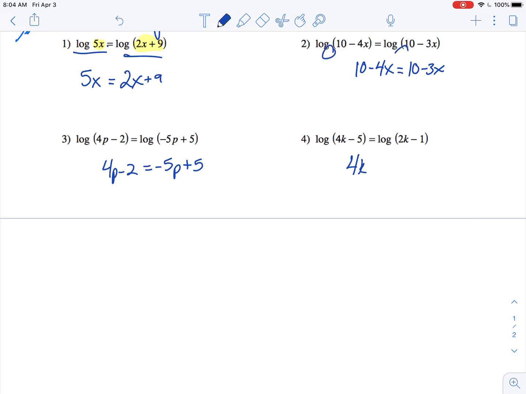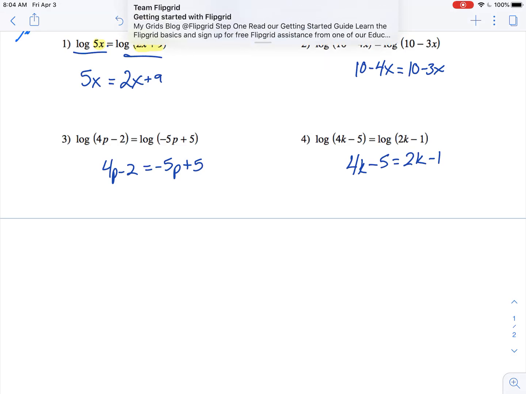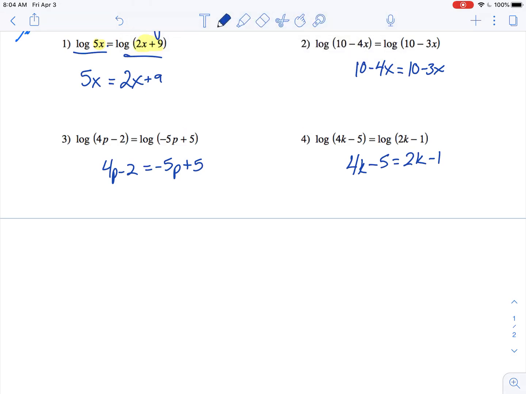And then after I've done that, I can solve for x or p or whatever the variable is there. But you've got to make sure that you have the same base. And if I'm asking you to solve a logarithmic equation, I'm not going to try to trick you like that. So just be